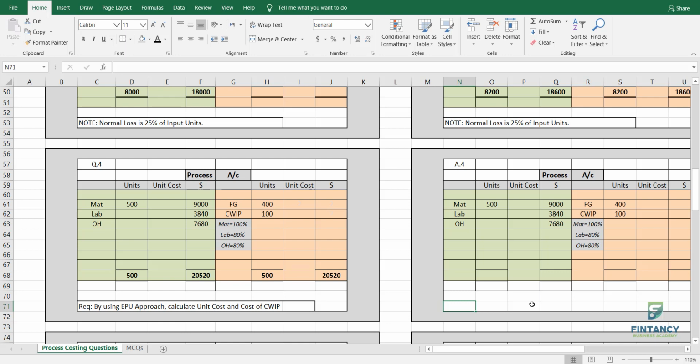So for example, material is there, definitely the wood of the chair. But labor has to do a little bit more effort on it to finalize the chair. It can be polishing, finishing, anything, right? And overheads also we have to incur because we need electricity, we need maybe some paint or other things, paint or maybe some glue we need, right?